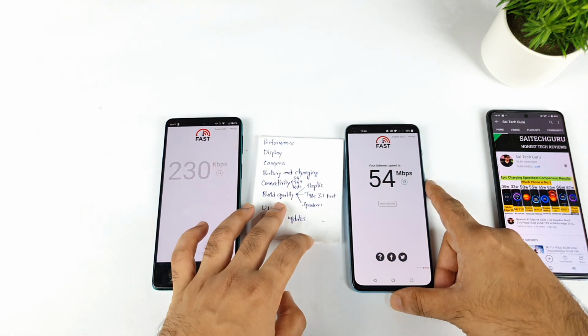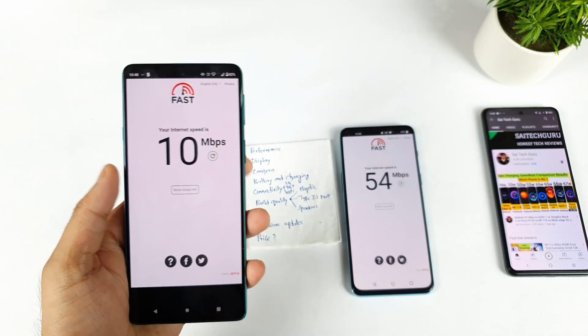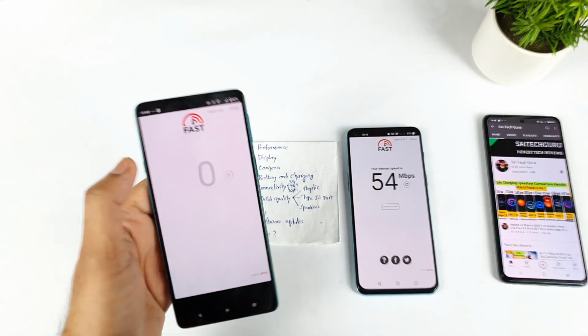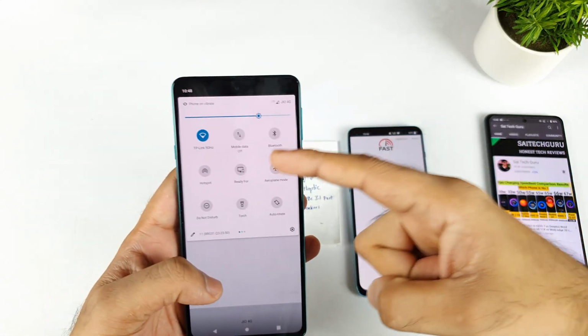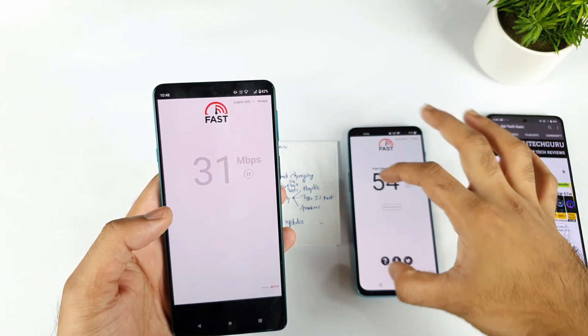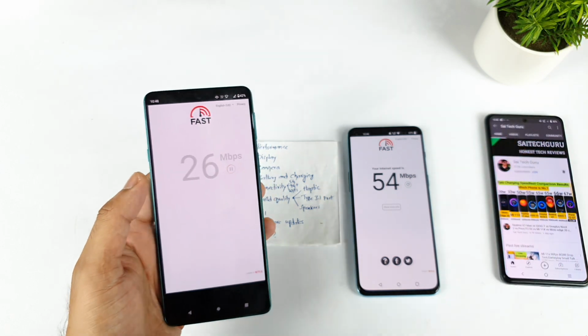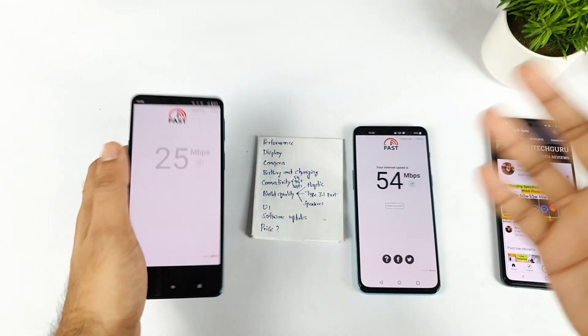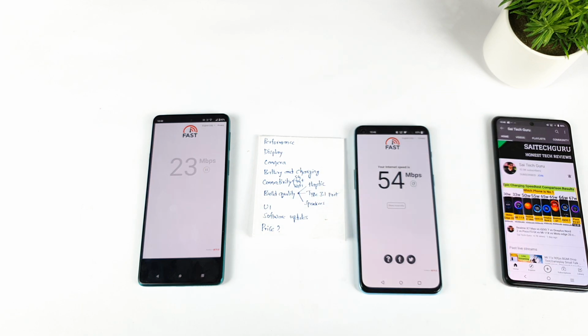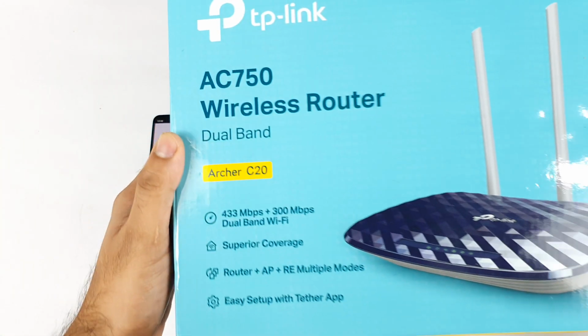Yes, that's the one thing which I can definitely say. It's very low. I'm not sure why the speeds are slightly low in this Moto H20. I'm trying to connect to the 5 gigahertz network as well, but still I cannot get high speeds. I'm not sure what the problem is with the phone or with my router. I'm not sure, because there should not be any kind of issues with my router. This is my exact Wi-Fi router.